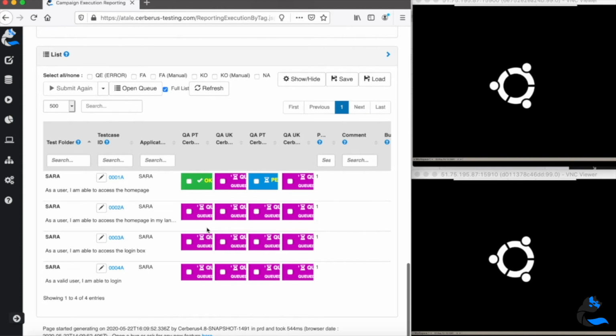There are APIs for the various parts of Cerberus testing: test repository, test execution, and test reporting. As you can see, we are still in the web application, and we can see the whole set of tests that are executed. What is interesting here is that we don't have external reporting or an external tool to go to see the report. It's natively available and it's real time, so you can have those types of dashboards, for example, also if you are running a specific campaign on a regular basis.